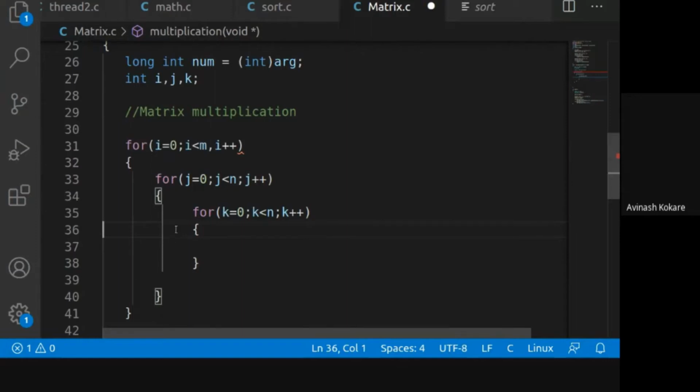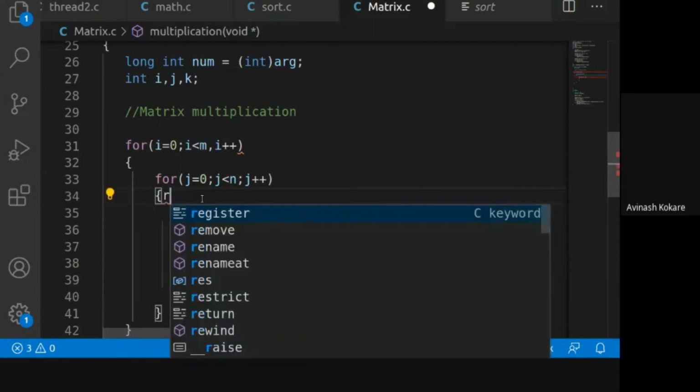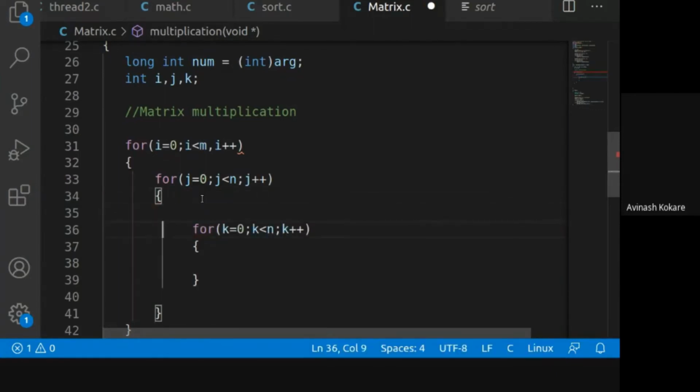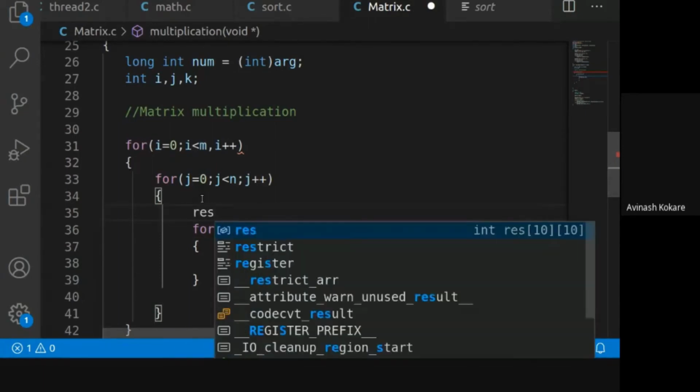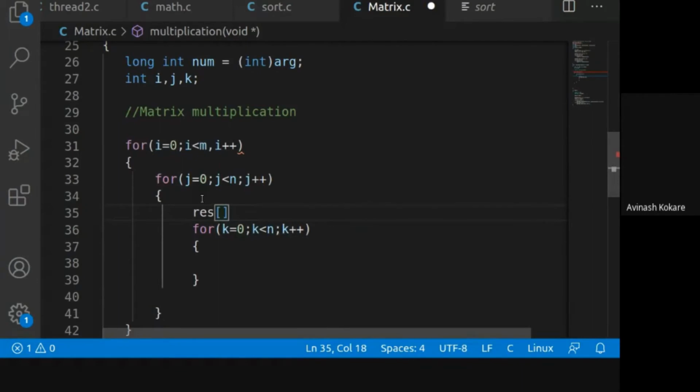Can anybody tell me how we perform the matrix multiplication? We have to declare first a result variable in which we are going to store the multiplication result, with result of i j equals 0 here.